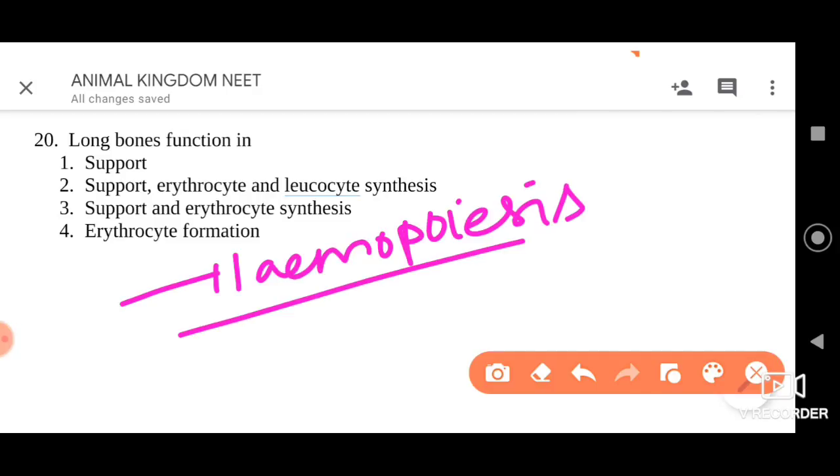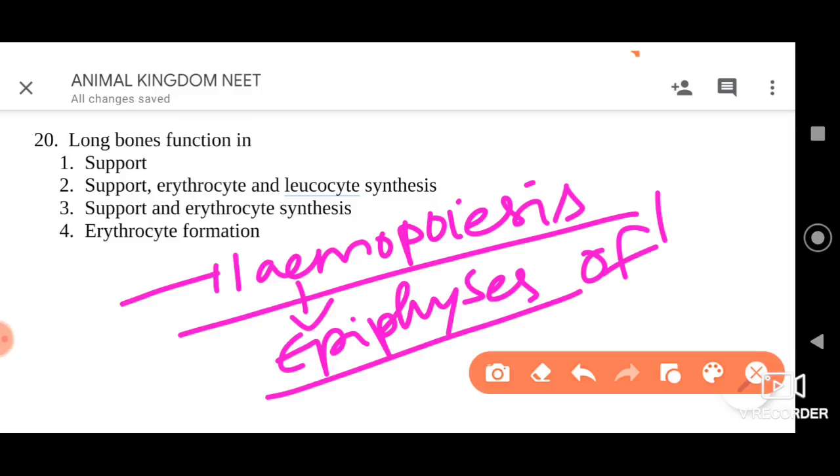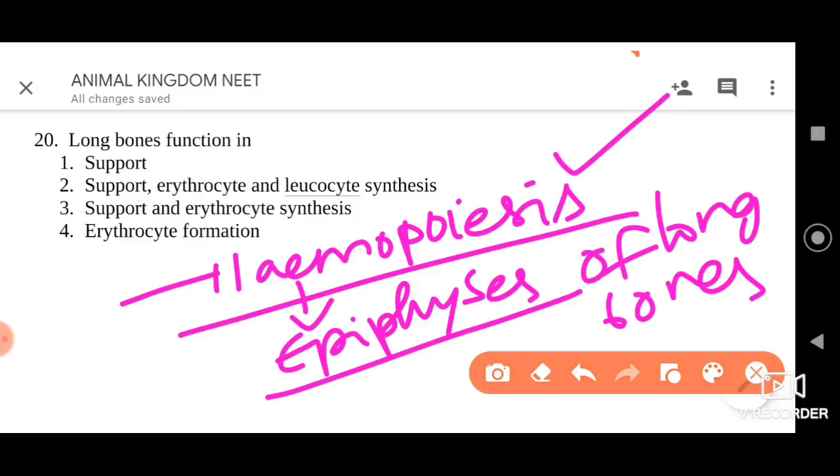All right, this is the production of blood cells, my dear friends. This takes place again in the epiphysis. When I am saying epiphysis, the middle portion of long bones we can say. In the middle portion of long bones we can see the formation of blood cells through a process called hemopoiesis. Dear students, as I have already stated, they are very hard and dense, and definitely they provide support as well. So they provide support, and they are helping in hemopoiesis, that is formation of blood cells.